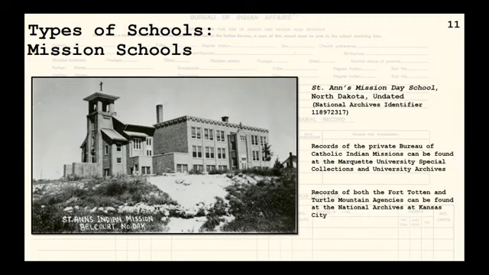Mission schools, as mentioned earlier, were not run by the BIA, but are often erroneously thought not to be documented in our collections. So many early on were boarding schools, but they dropped that aspect. The costs were high and they couldn't retain students, so they largely switched to the day school model. And while there is not the level of detail we have for other schools, mission schools were required to submit monthly reports to the respective agency of which students were there, attendance, dates, and the like. So depending on the agency, these were sometimes saved.